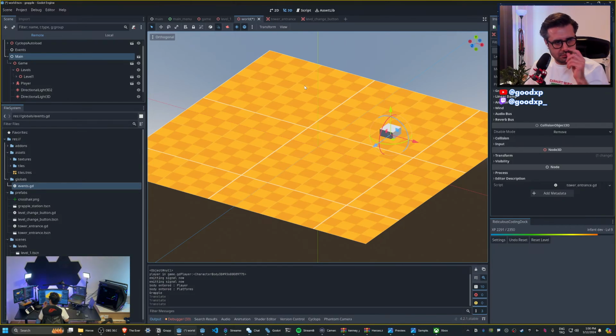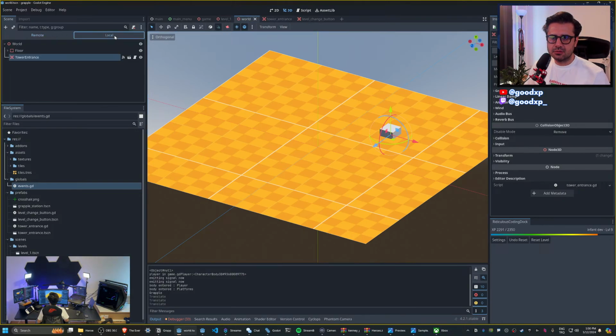No, the player is doing, not the game. We are listening for players being close to the... So this is an Area3D in the world. And if player is in proximity,